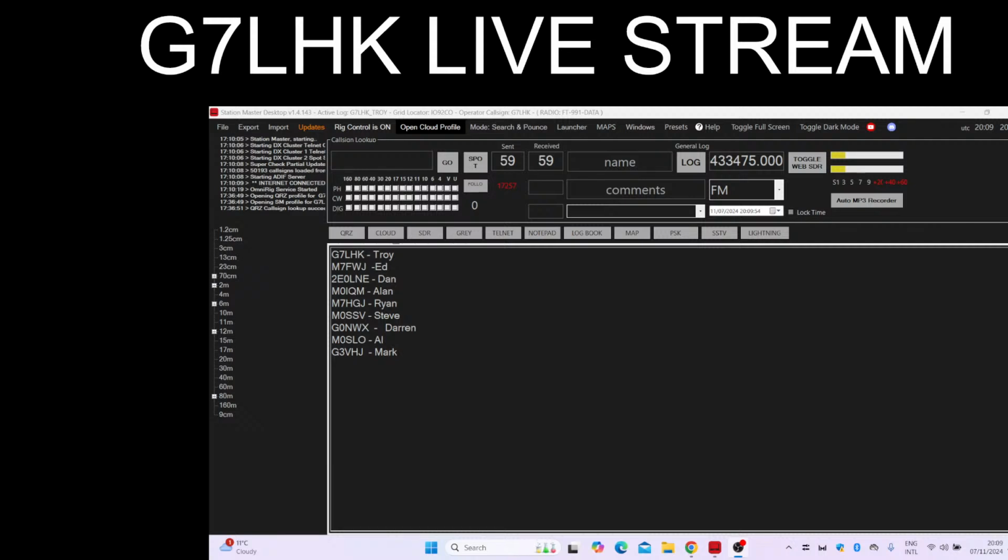M0SSV, M0SLO in group. Oh, Roger, I'll copy you, my friend. No problem whatsoever. You give me about a signal 2. My QTH is South Birmingham, Kings Norton, about 2 miles off junction 2 of the M42. Roger, I know it pretty well. I used to work not too far away from there, a little place called Longbridge, for a while anyway. Nice place. Okay then, Steve, back over to you.